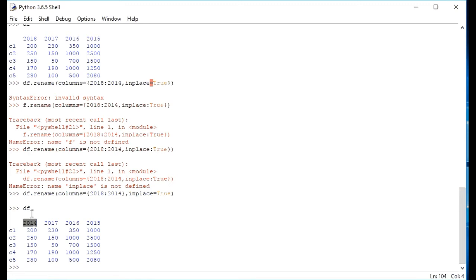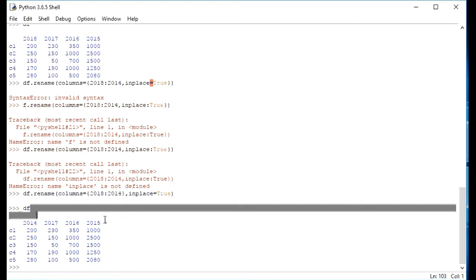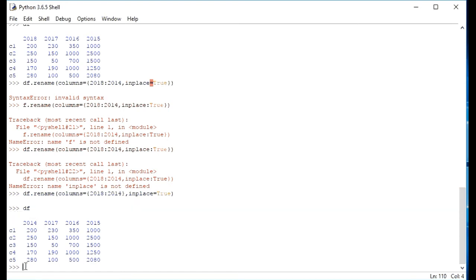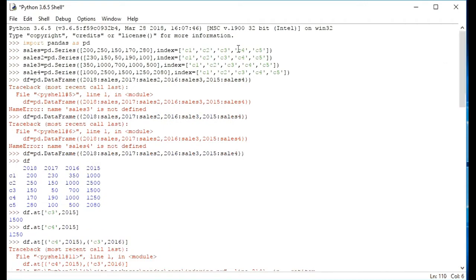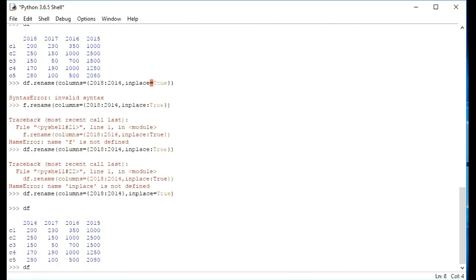If you want to add some data frame or series to this data frame, then you can add it simply like this. You can add more things by calling the previous one also. We have made this here like this. We will make it first of all by this method, and let's say df is equal to DataFrame, and let's make 2014,